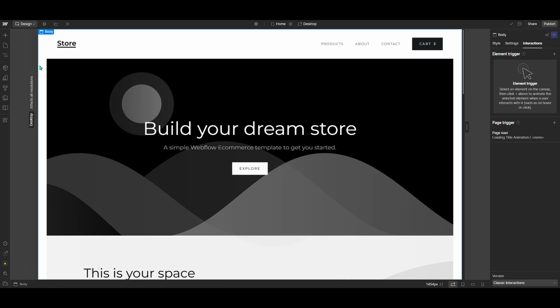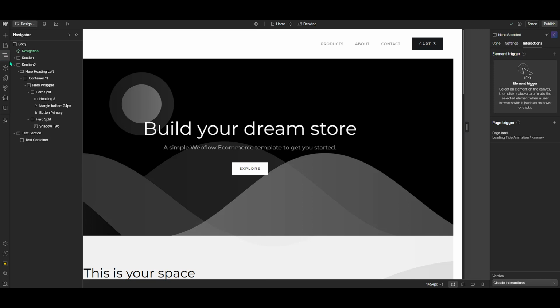This is a crucial step in managing any content on your web projects, as it shows you the overall structure of your page. To open the Navigator panel, you can either click on the Navigator icon located on the left-hand sidebar of the Webflow editor, or simply press the Z key on your keyboard. This shortcut is a quick and effective way to toggle the Navigator without diverting too much attention away from your